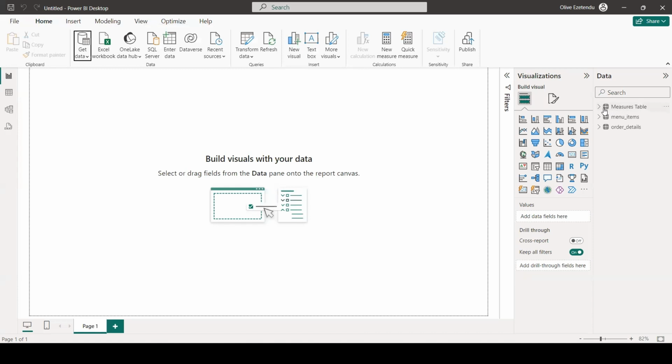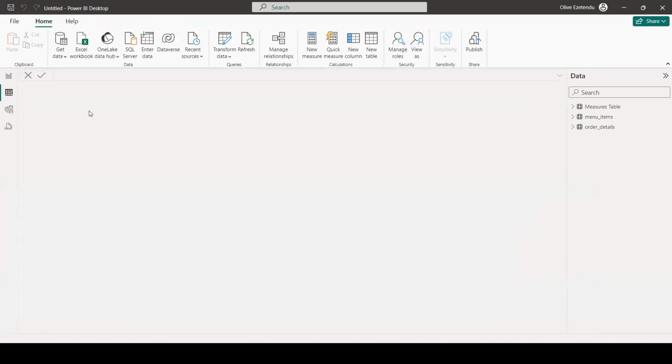Now we have our measures table. Oh, we've not written any measures, so there is nothing in there now. The next thing we want to do is to get our date table. Okay, so before getting the date table, let us go look at